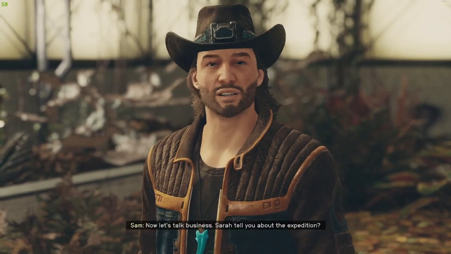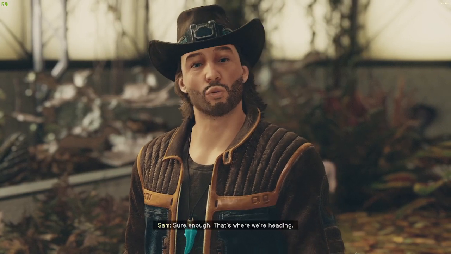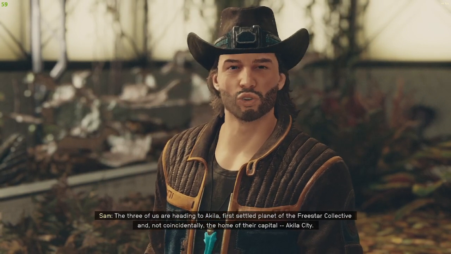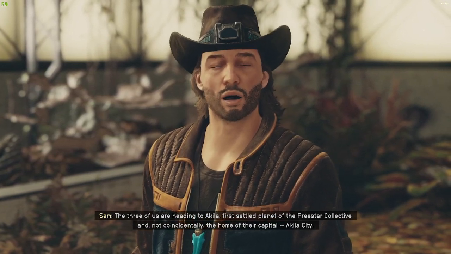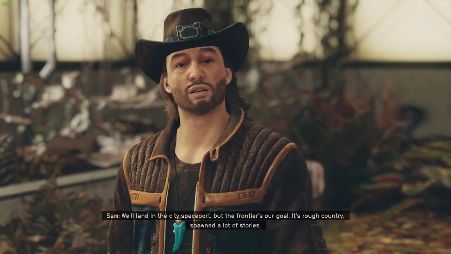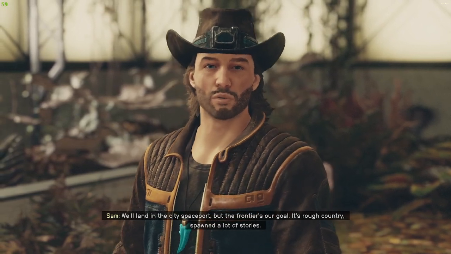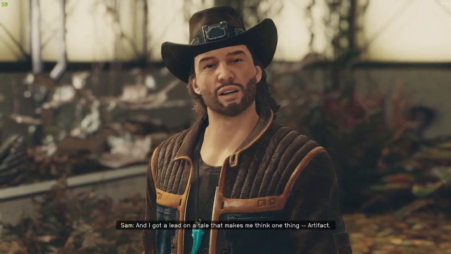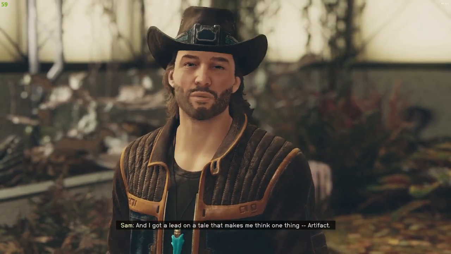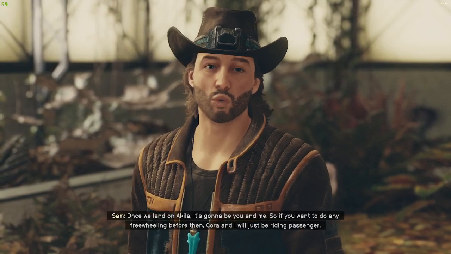Now, let's start business. Sarah tell you about the expedition? Sure enough, that's where we're heading. The 3 of us are heading to Aquila, first settled planet of the Freestar Collective, and, not coincidentally, the home of their capital, Aquila City. We'll land in the city's spaceports, but the frontier's our goal. It's rough country. Spawned a lot of stories. And I got a lead on a tale that makes me think one thing. Artifact. Let's get to it. We'll meet you on board your ship. Once we land on Aquila...